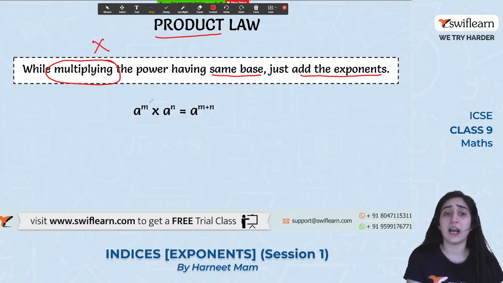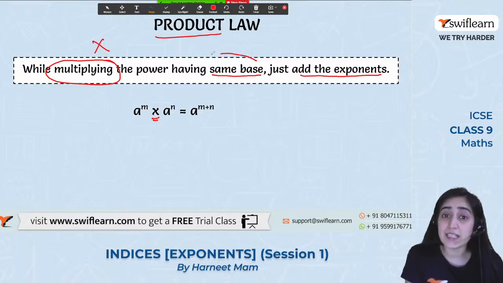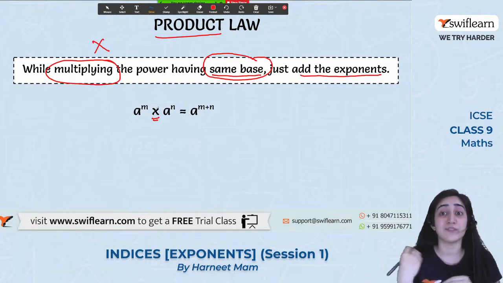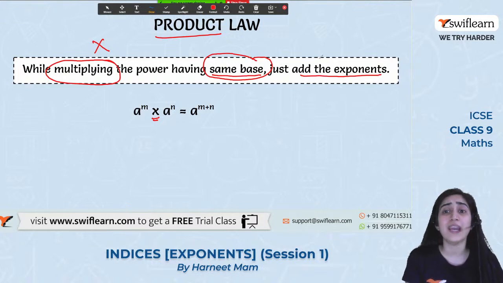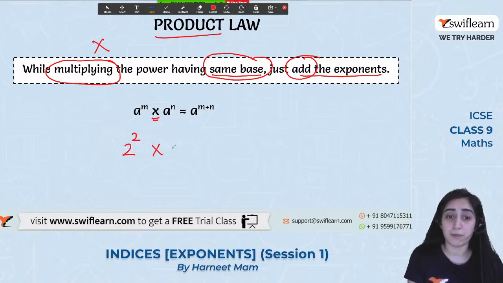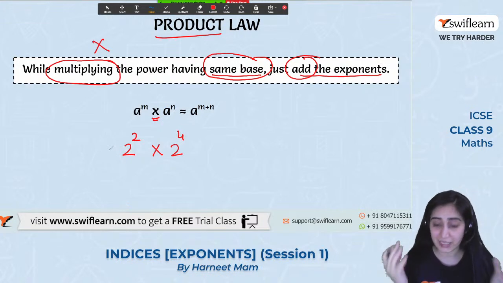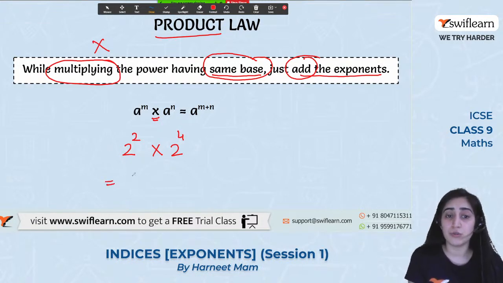मतलब क्या है guys? अगर क्या हो रहा है यहाँ पे मेरा multiply हो रहा है. Second चीज क्या है? The same base होना चाहिए. So the base a and a are same. I know both of them are same and they have some powers. So what do we do? We add them. इसका मतलब क्या है? अगर मैं कहूँ 2 raised to the power of 2 to be multiplied by 2 raised to the power of 4. चलो पहले इसी को ही देखते हैं कि क्या कहना चाह रहे हैं. Right? Can we do this? So what does this mean? 2 raised to the power of 2 means 2 multiplied by 2.